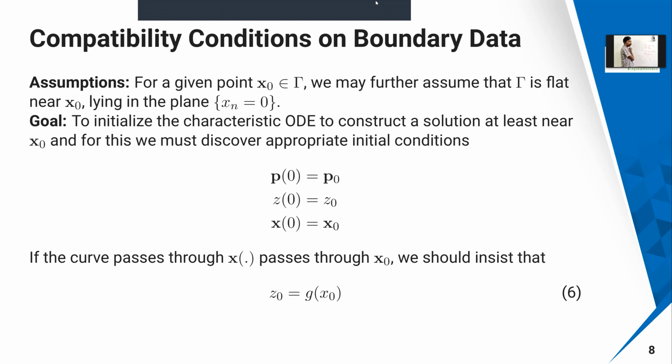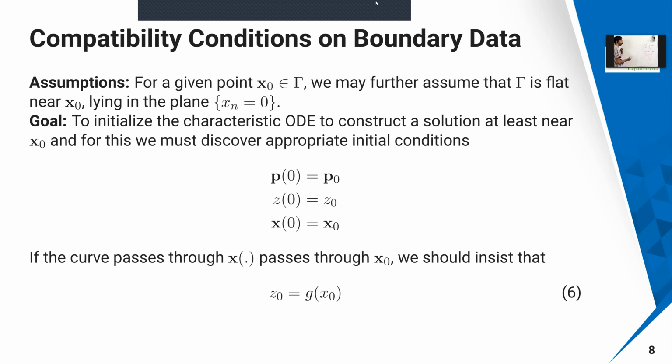From the previous technique, we have already flattened that boundary. Now suppose there is a flattened boundary. So here I'm going to assume that this is already flattened near the x naught. So I'm choosing my x naught such that near it the boundary is already flattened. This flattening is going to be lying in the plane xn equal to 0. Now how do we solve this? What is the next step for this curved boundary?